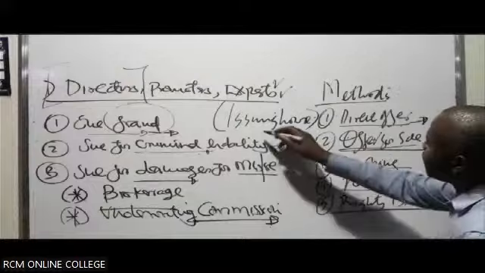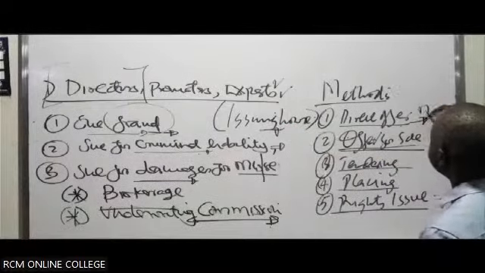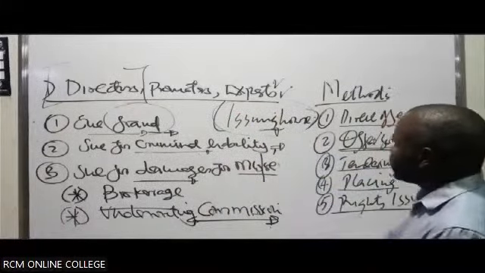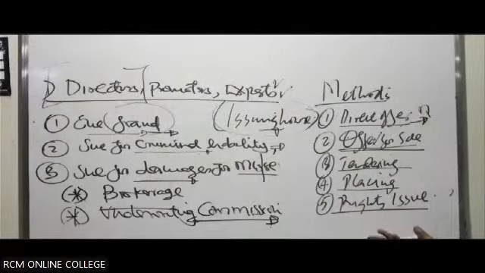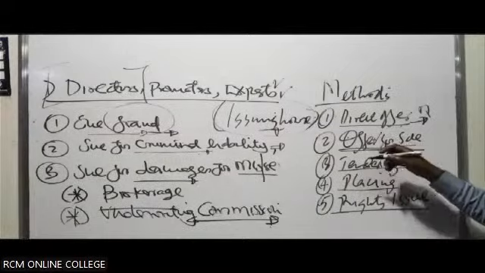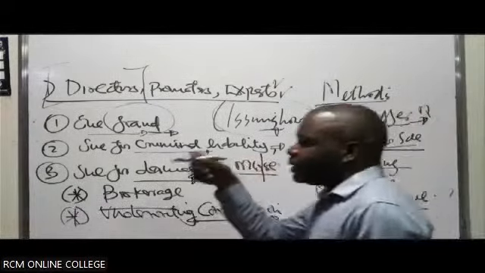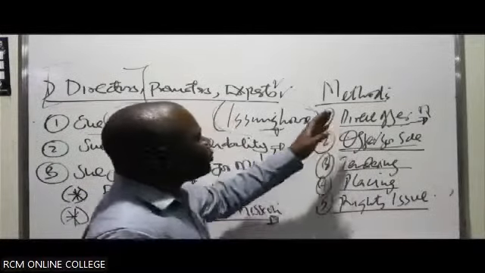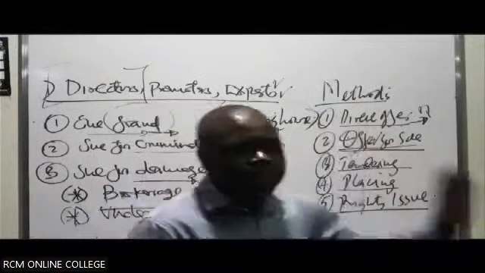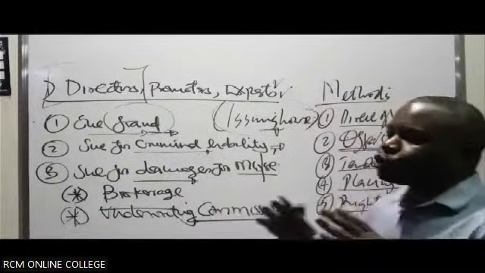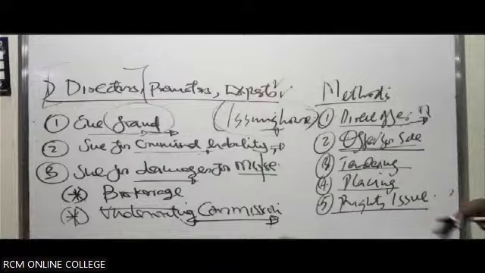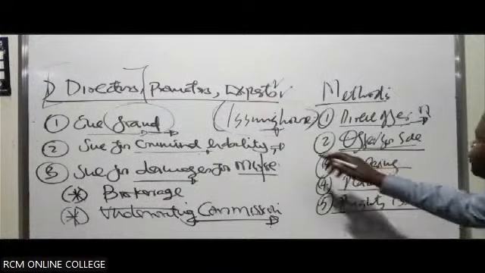So the issuing house has already been able to pay the company. Then they will be involved in the entire process of issuing out the shares. So this one is advantageous because it relieves the company, majorly the management, from being involved in other issues. They won't be getting involved in preparing the prospectus, which can take a long period of time. The management will likely be able to focus on the important issues of the company. So all these things about preparing the prospectus are left to the issuing house.